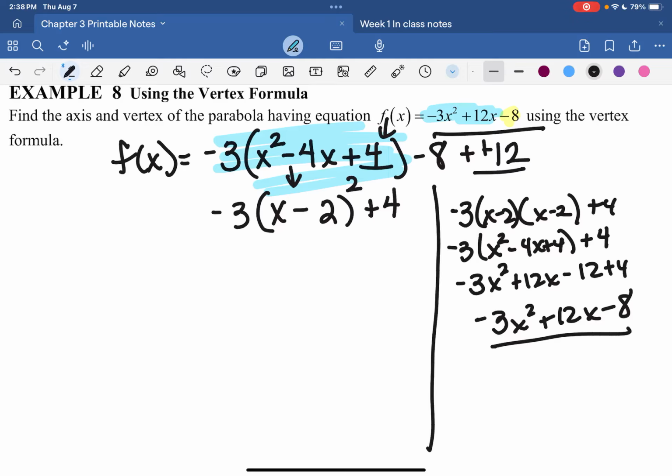So that's the same. So that works. So my vertex, remember, it's a(x minus h) squared plus k. My vertex